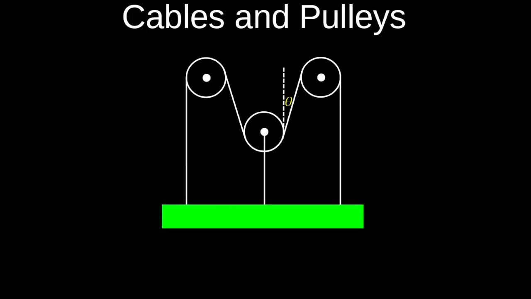Today we'll look at cables and pulleys, and a special case where the cable and pulley system is massless. Meaning that if we take a free body of this portion of the cable, which is going to be in tension when this system is supporting this block, well, if the cable is assumed massless and we apply Newton's second law, we have the tension in the top